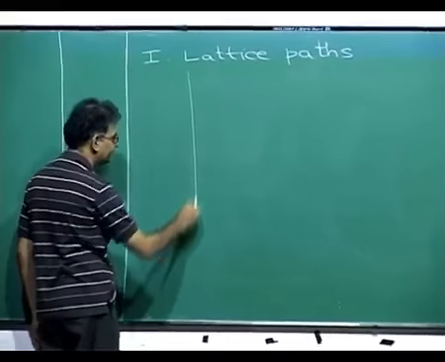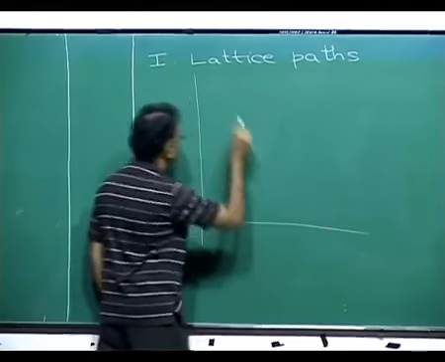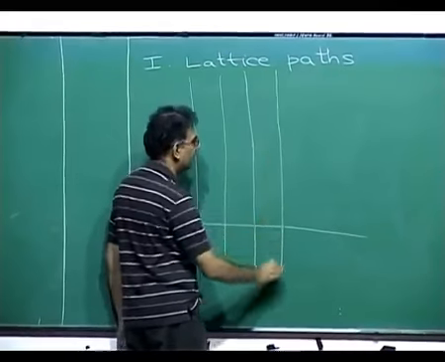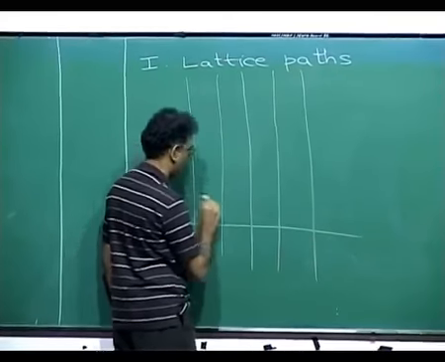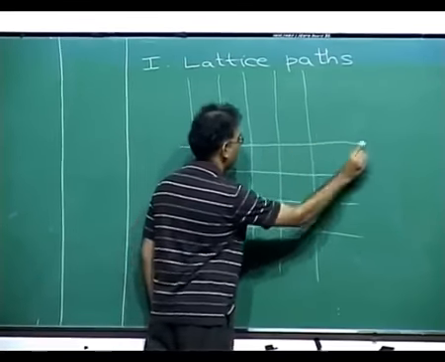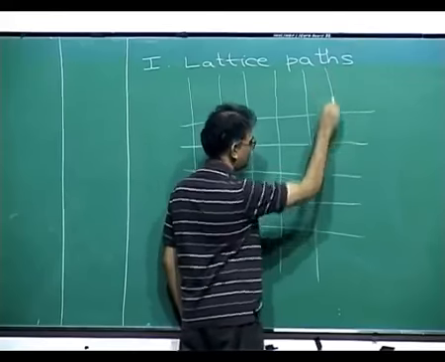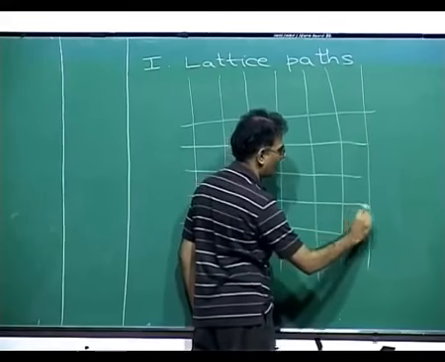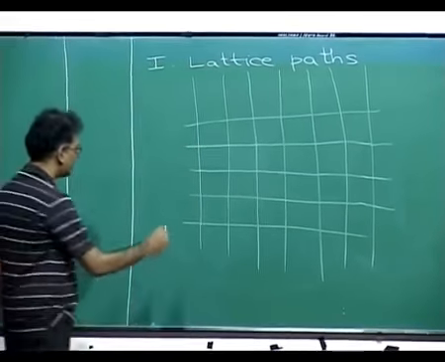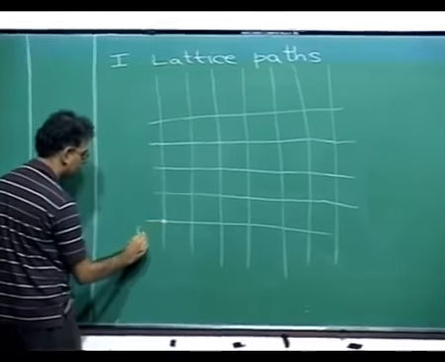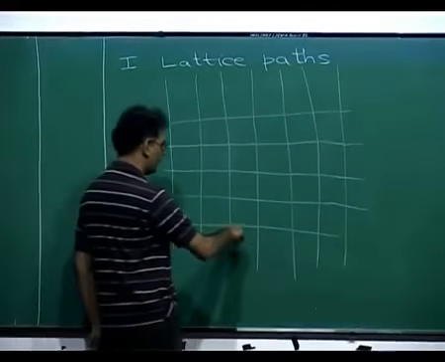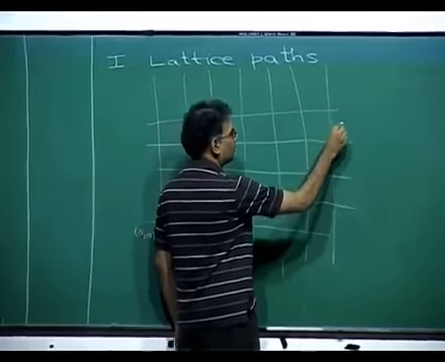Consider the plane, and let's draw the lines x equals 1, 2, 3, and so on, y equals 1, 2, and so on. Okay. So here is the plane. Take one point, this is the origin, say, and take some other point in the plane. So for example, 1, 2, 3, 4, 5, 6. Let's take this point,